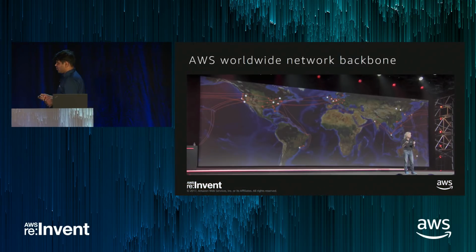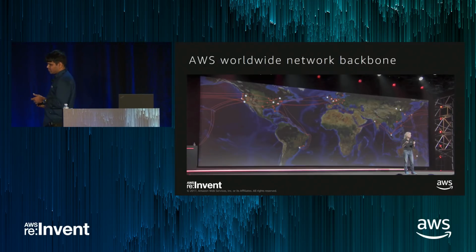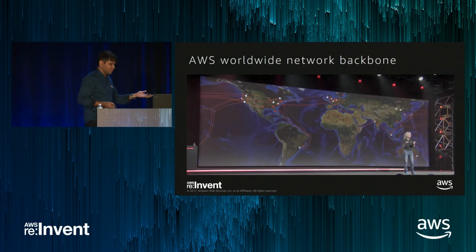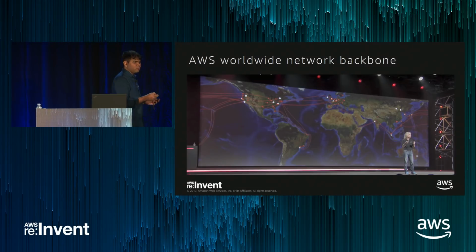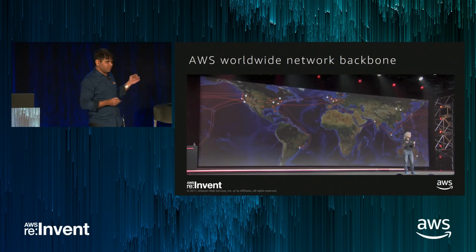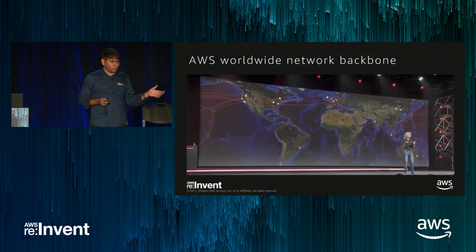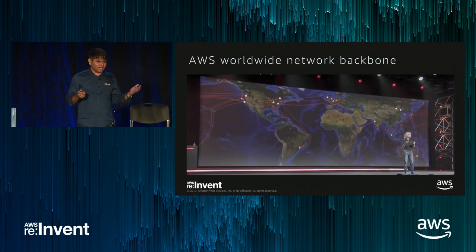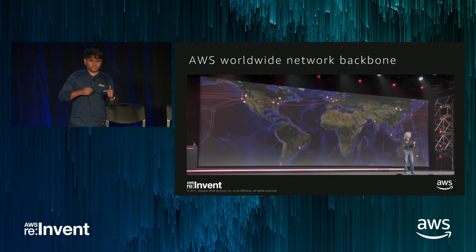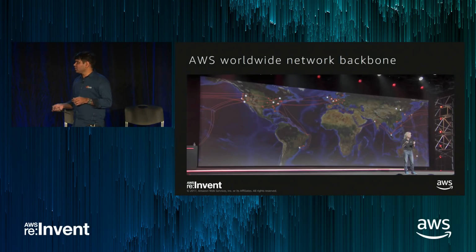So I got this slide from last year's presentation by James Hamilton, but there was Tuesday Night Live as well this year. And you would have seen that all AWS regions across the globe are connected with each other using a very fat backbone, right? So network has been taken care of for you. When a server in one AWS region tries to talk to a server in another AWS region, without you having to tell it, the traffic is going to route over this high quality backbone. So you get the benefit of this even without knowing that you are using it. So this is pretty cool. One less thing to worry about.